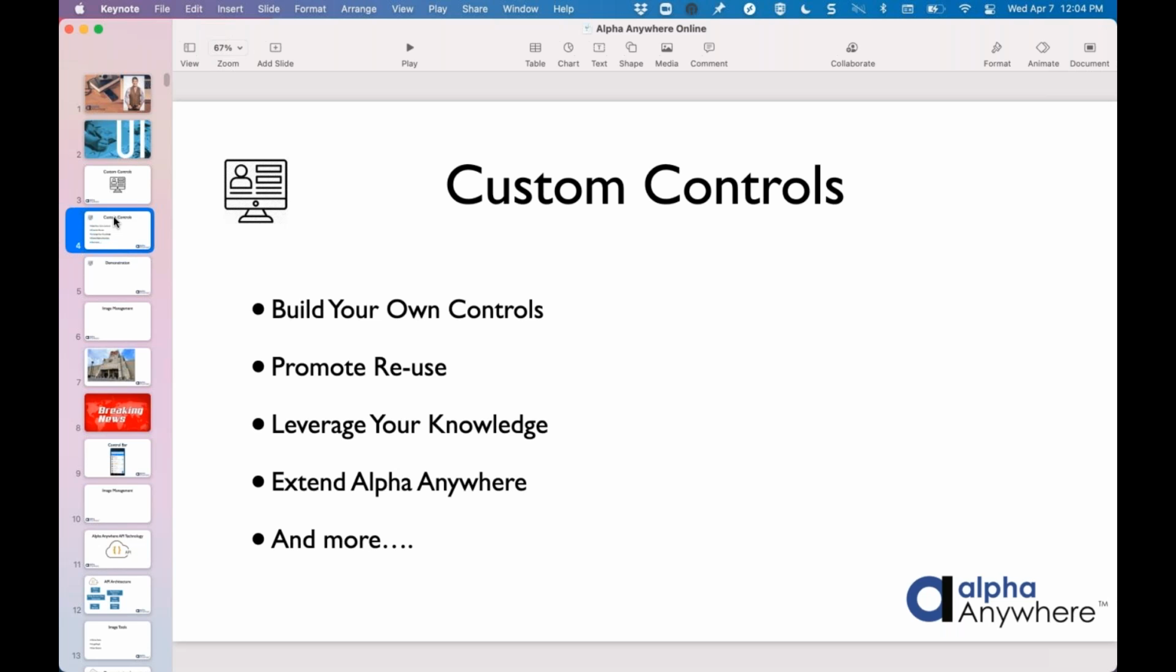Actually, there were methods before to create your own controls, but it was very torturous and you had to kind of be a super